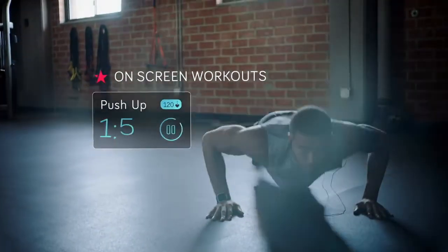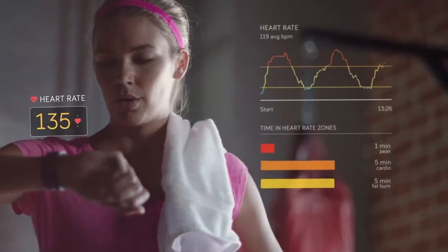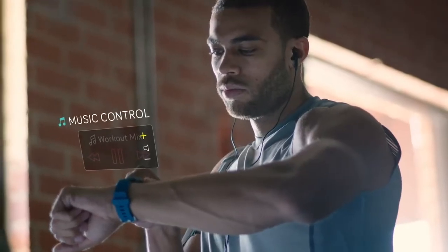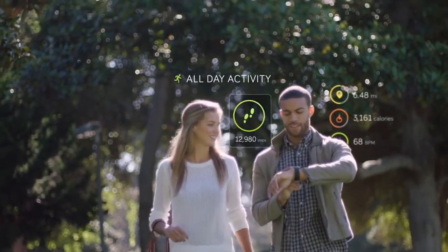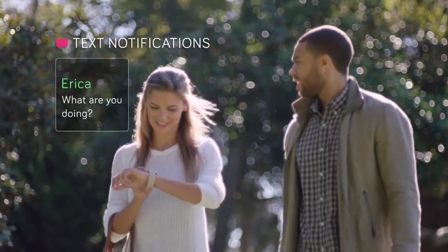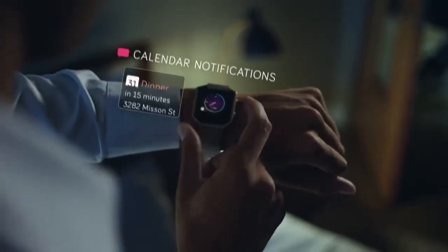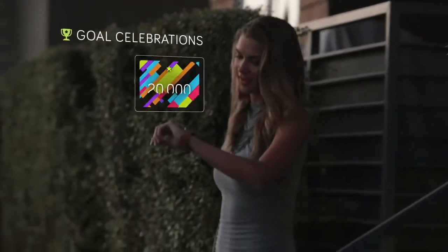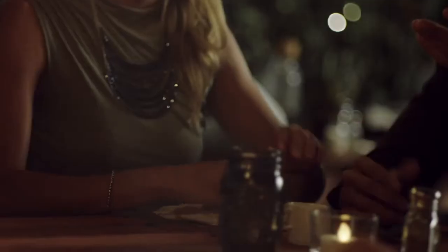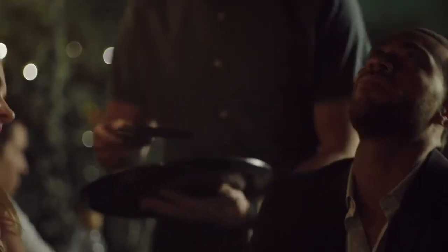In fact, they said on average, it's about 80% accurate. So you may think you're working very, very hard, but you may not be working as hard as you think you are. Now, for the average consumer, it works well for motivation, but it's not something that you can utilize to help plug in numbers to calculate how many calories you can eat a day. In other words, you're trying to think, did I work hard enough to be able to eat this donut today or eat this today? And if you're utilizing your smartwatch for that, you're possibly looking to set yourself up for